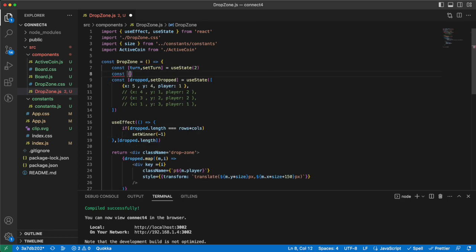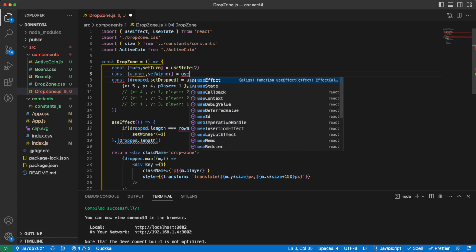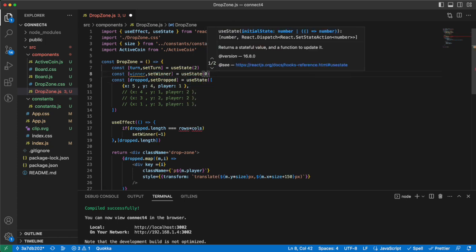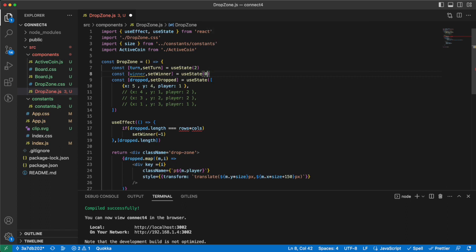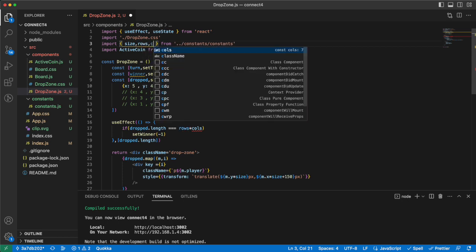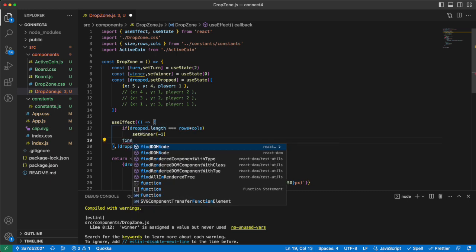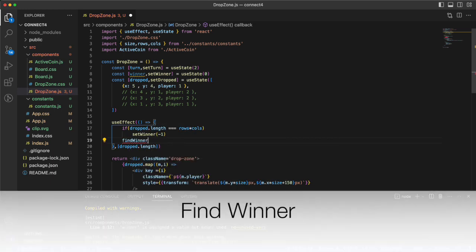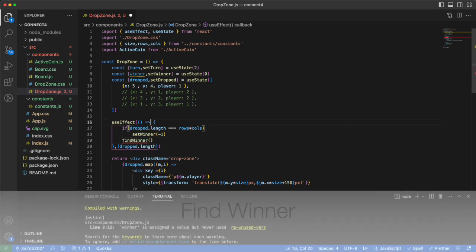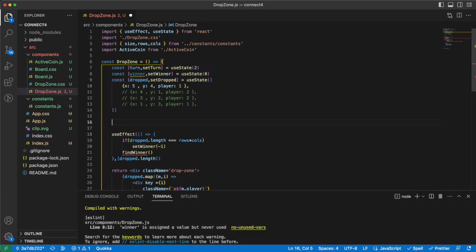So it's 0 at first, which means that we don't have a winner, the game is going on. If it's -1, which means that the game ended in a draw, and if it's 1 or 2, then player 1 or player 2 has won. So let's have the rows and columns from here. Otherwise we can check for the winner. So find winner, which will be a function that we will write. So let's go here and say that find winner is